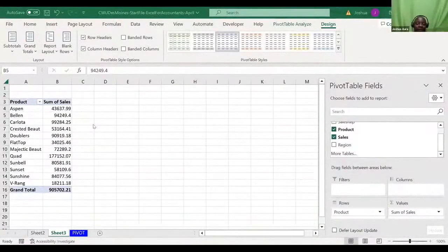Now, please listen here. So when I'm doing this, after I finish this, I would want to put a graph by the side, because I'm doing what we call a dashboard. So for me to put a graph by the side, could you kindly give me the way forward? What do you think I will do to be able to put a graph now? Please help me. What do you think?